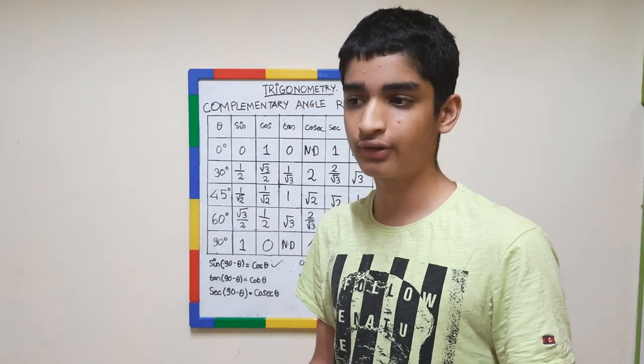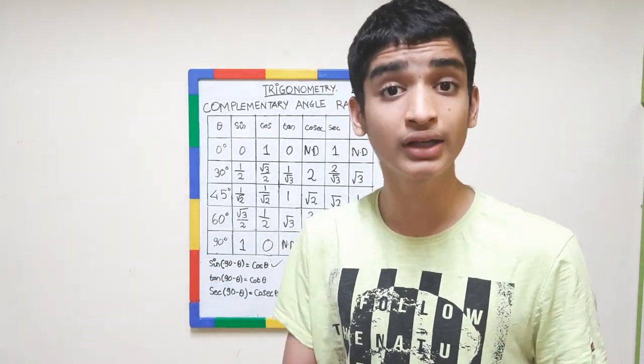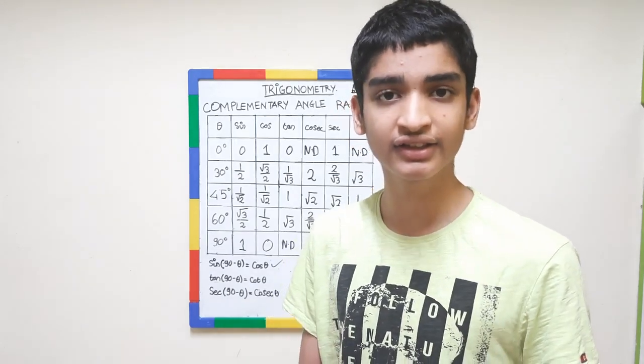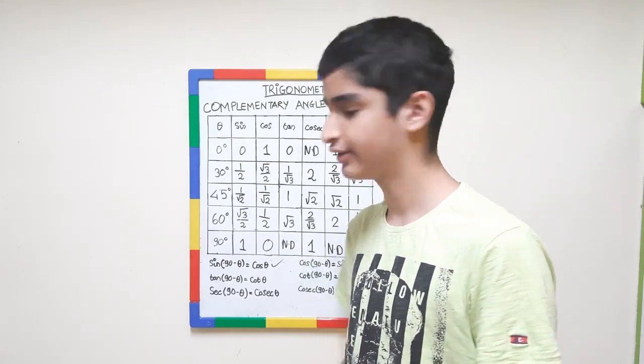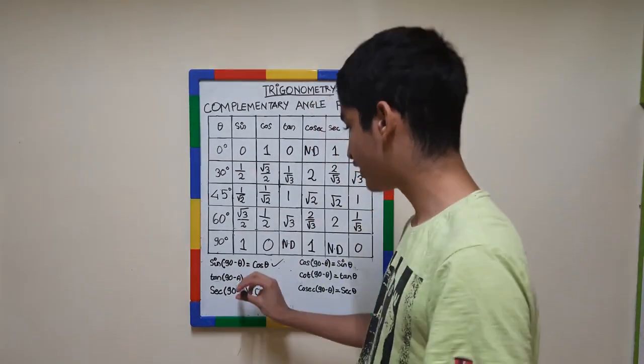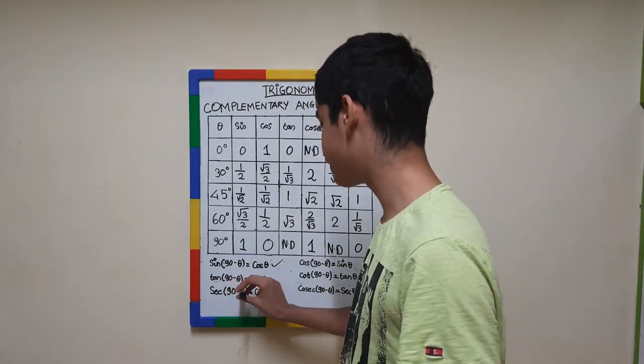Okay, so as I told you in the previous class, tan theta and cot theta are opposite. They have similar values, but they are opposite. One increases as theta increases, and one decreases as the angle value increases. Okay, so now tan theta increases, cot theta decreases. So again, let's take theta as 30 degrees. Tan 90 minus 30 should be equal to cot 30.